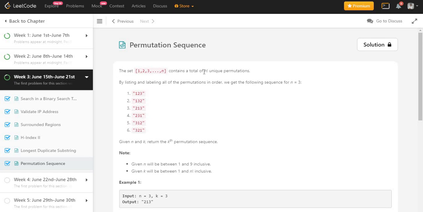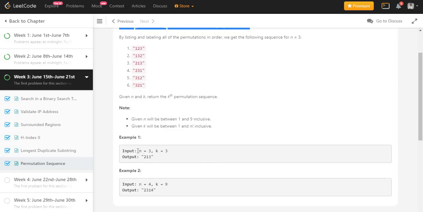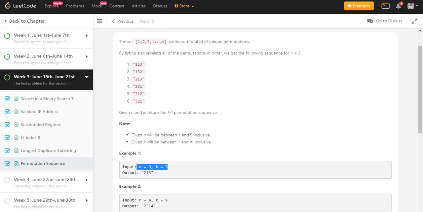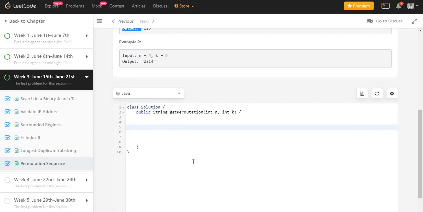If you check the question, the first example is self-explanatory. They are passing the number 3, and if you write it manually, you can create 6 combinations with 3 numbers. At first 1 2 3, then 1 3 2, 2 1 3, 2 3 1, 3 1 2, 3 2 1. The second value they are passing is the k value. You need to return the third permutation of the series. So here the third is 213, and they are returning 213. That's pretty much self-explanatory.